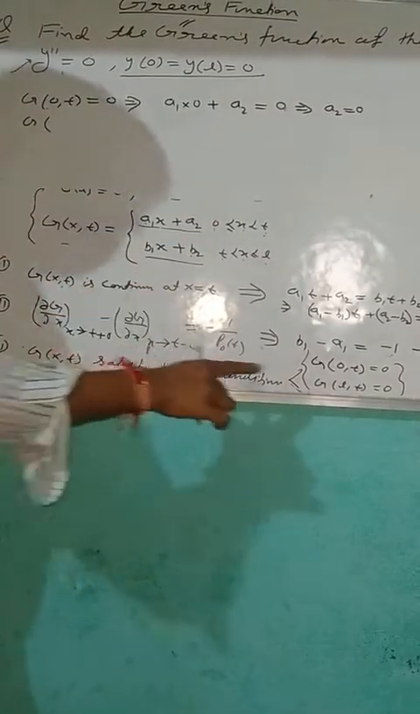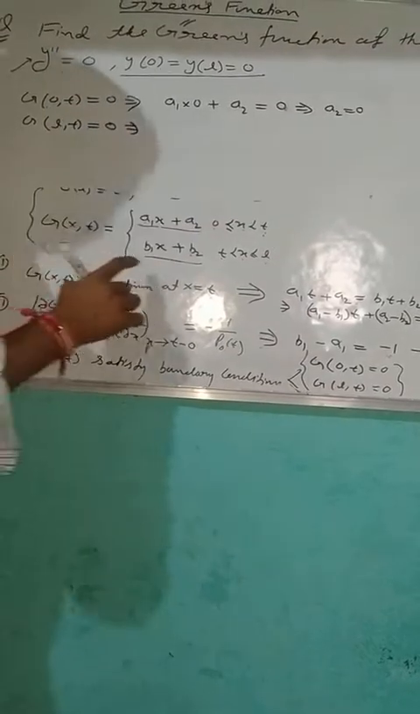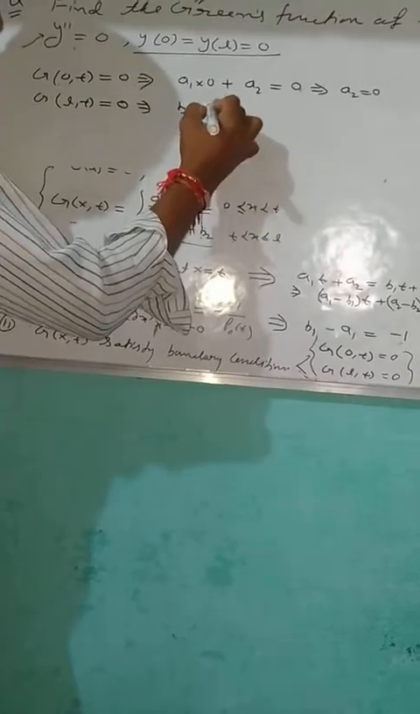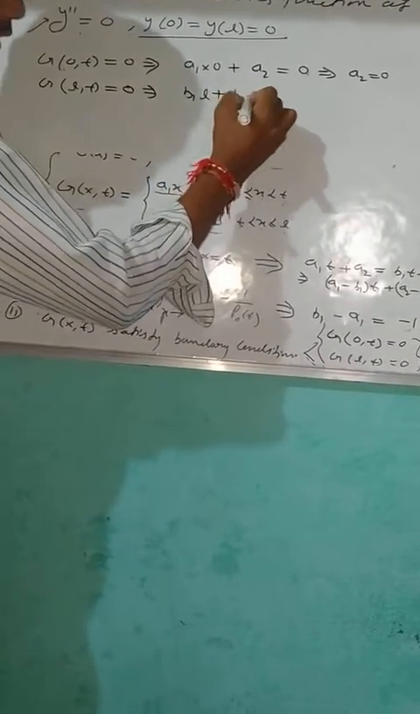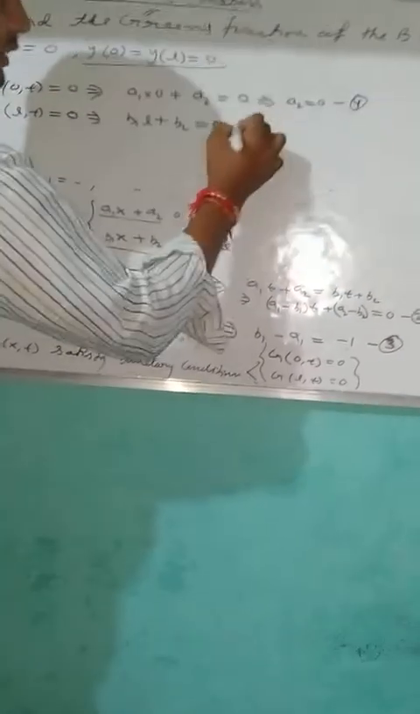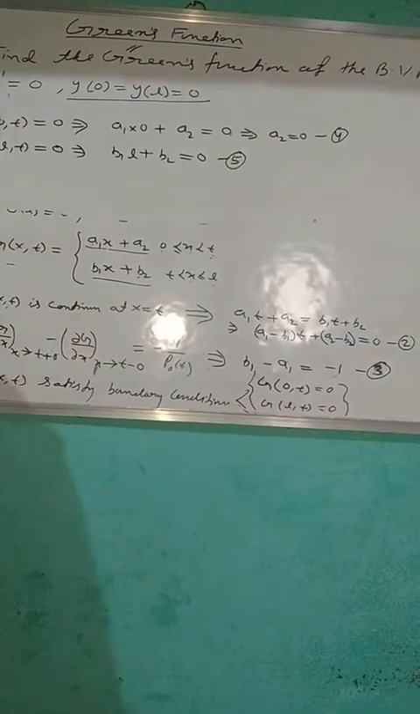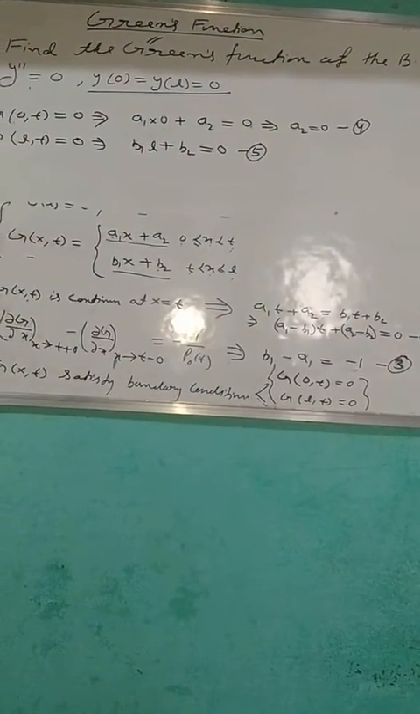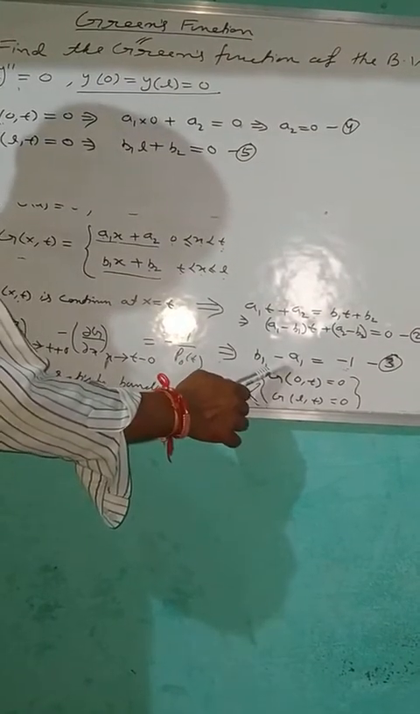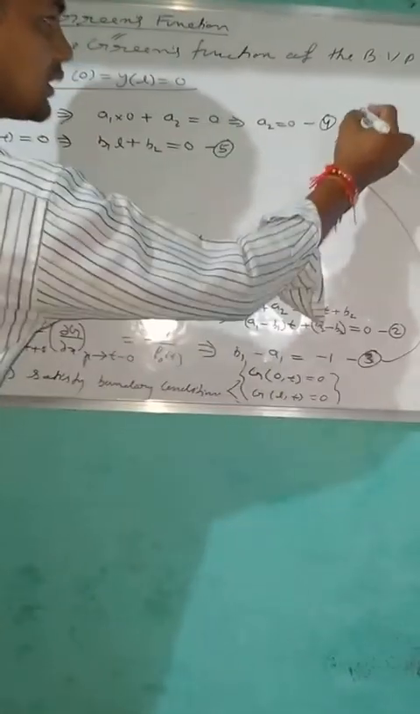We have the second condition, g of L comma t equal to 0. It means we can apply L and t. This is, at the place of b1, b1 L plus b2 equal to 0. This is equation number 4, and this is equation number 5. With the help of 2, 3, 4 and 5 you can find the value of a1, a2, b1, b2, and from equation number 3,